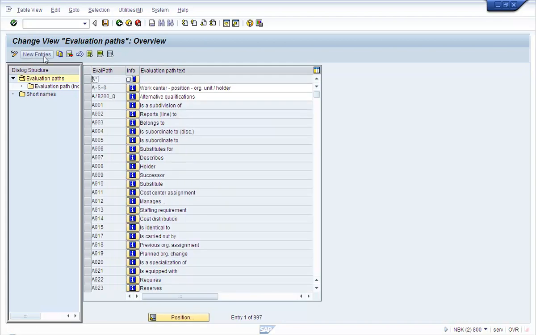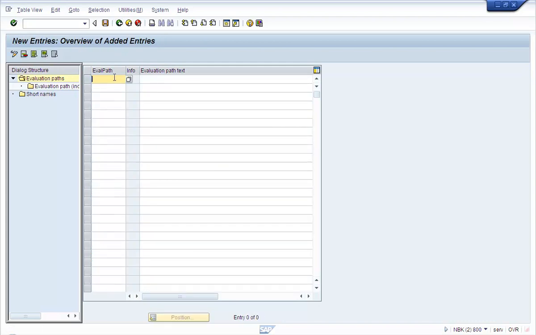evaluation path. So we click on new entries, and give the evaluation path name. We are creating an evaluation path called ZManager, and let's give a brief description for this evaluation path.